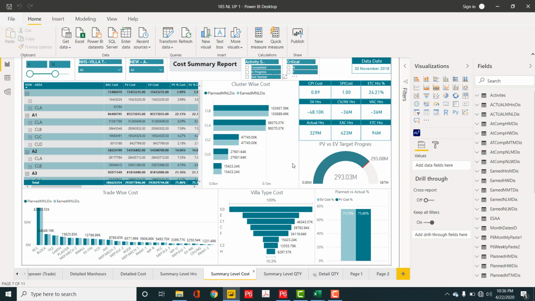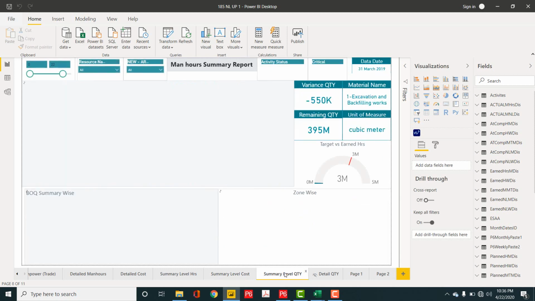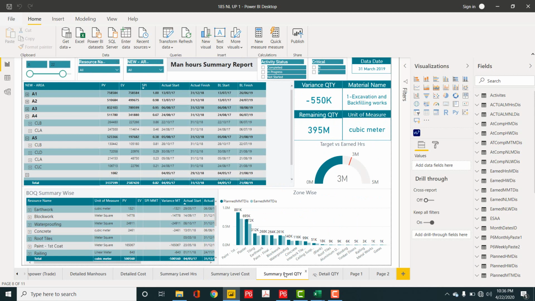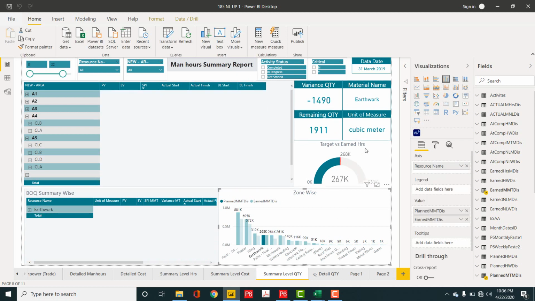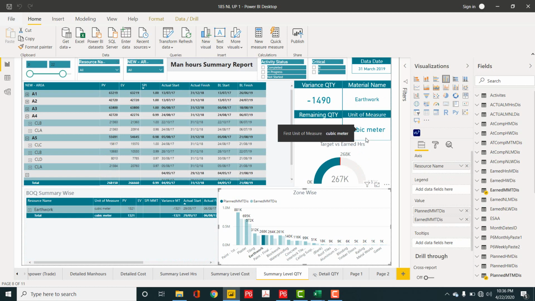because in the previous video I told that I'm updating the CPIs and the quantities. So I have finished the quantity and CPI as well. I found quantities are very good if you want to monitor through these reports. They're very powerful. So let's say if I want to check any quantity of my earthwork, if I go here, it will show me the unit here. I have mentioned unit, how much is remaining, how much the variance.